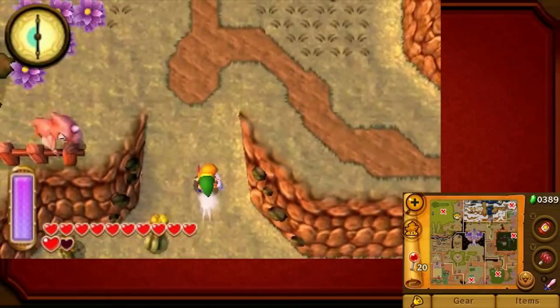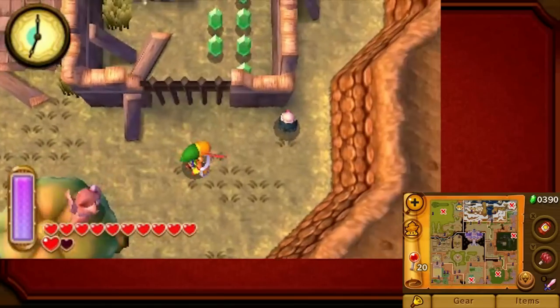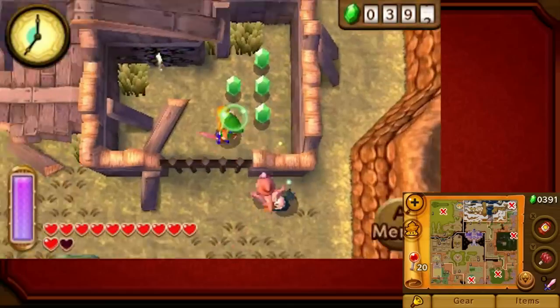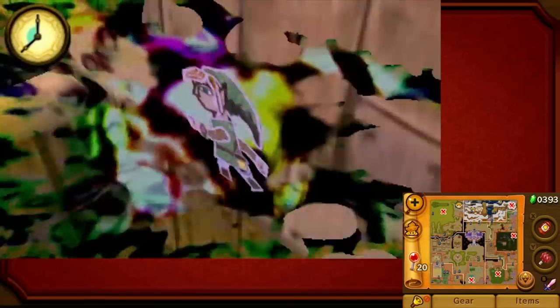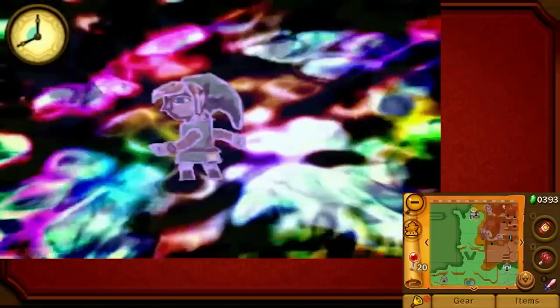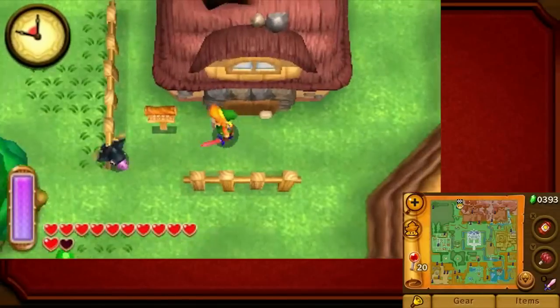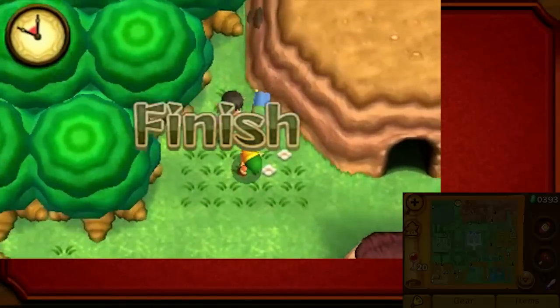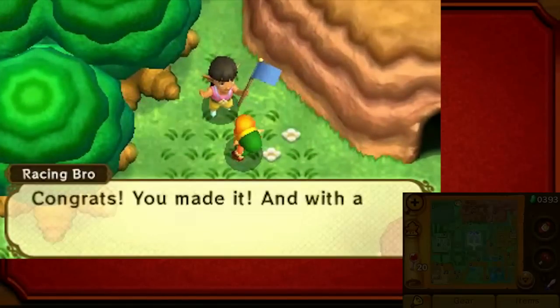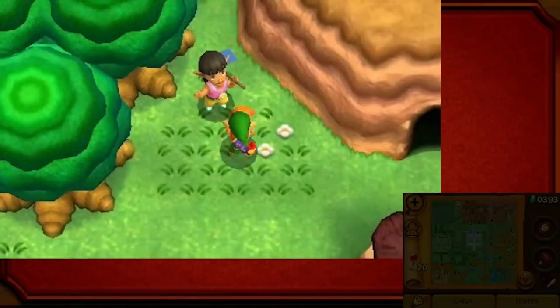Coming through! Now we've just got to take a dip into Rosso's house, and we should be able to make it out with plenty of time to spare. I don't especially know. There we go. I don't especially know if it would be worth it to try...